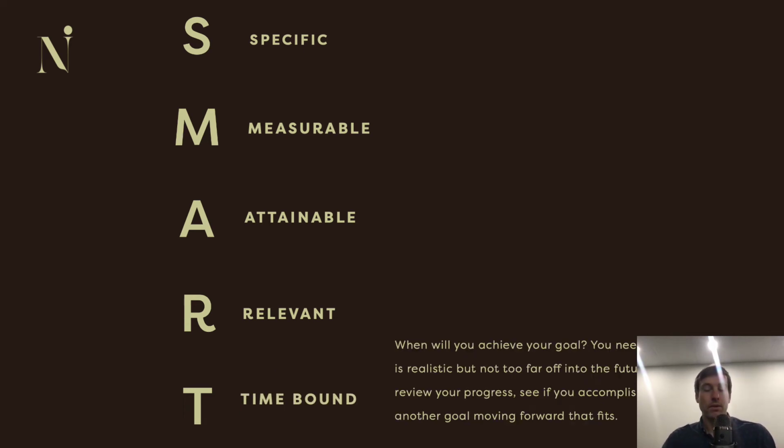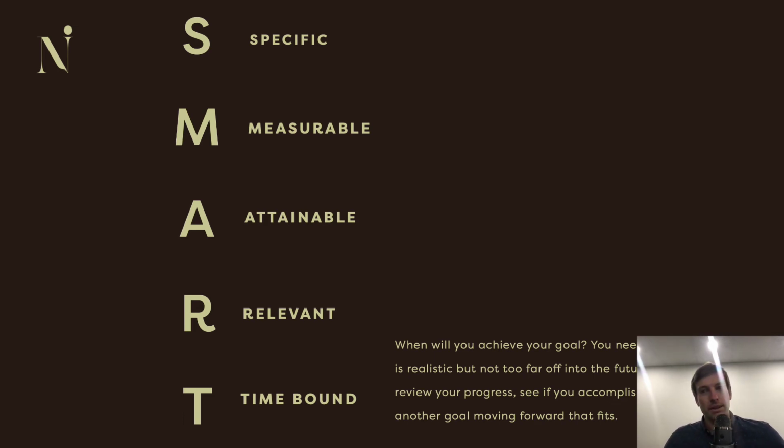Finally, we want our goals to be time-bound. The problem is we might have a goal, I'm going to exercise 3 times a week. That's a good goal. The problem is eventually you won't. There'll be some time where you're on vacation or maybe you're very busy or maybe you have an injury and that goal is no longer feasible.